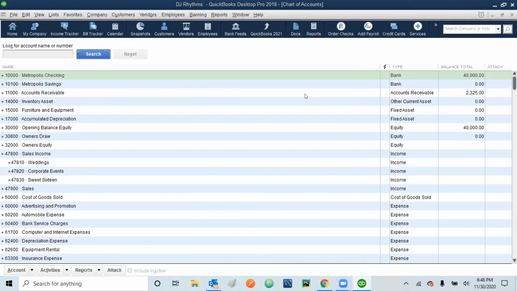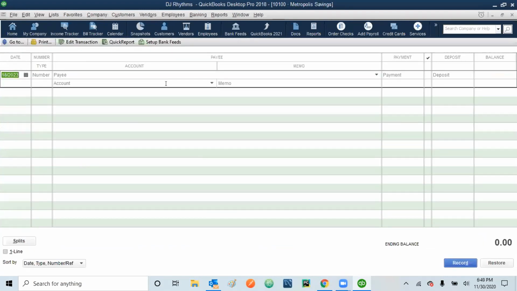We are making the opening balance for this account. So how can we do that? Just simply double click. And then in this one, we are updating this part, like the date is 01/03/23.